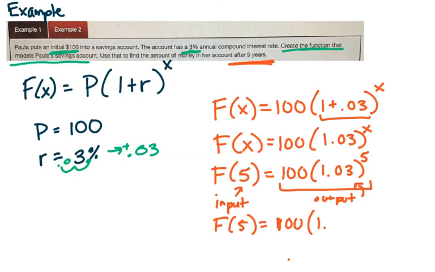You want to keep it long while you're going through because you don't want to round too many times so that it's inaccurate. So write this number out kind of long. So we get 1.1592741. That's probably good enough. And then times 100. And so f of 5 equals